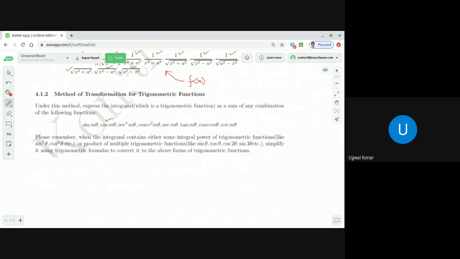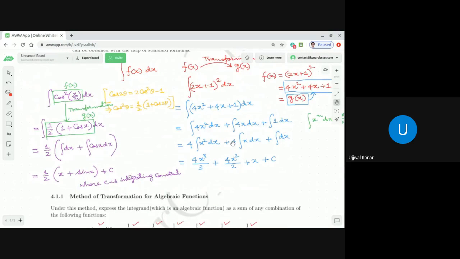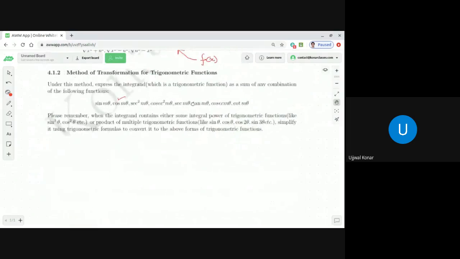Now, our objective using the method of transformation is to abide by these guidelines. Now I repeat, a very important statement that I said a few minutes back: sometimes we may not be able to achieve it. Then what to do? For example, if the question is not cos square x by 2, but cos to the power 5 by 2 of x by 2, we may not be able to transform because there is no such formula we are aware of. Then we should do something else. Got it, no? So that is what is called the method of transformation for trigonometric functions.